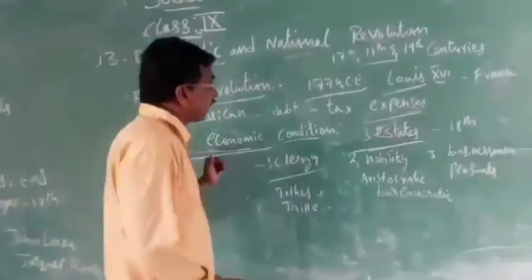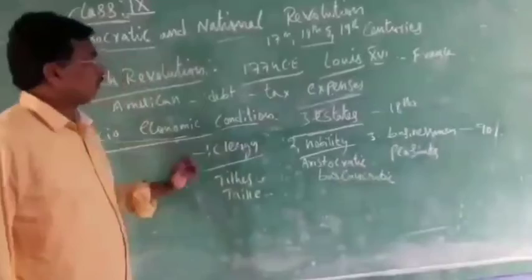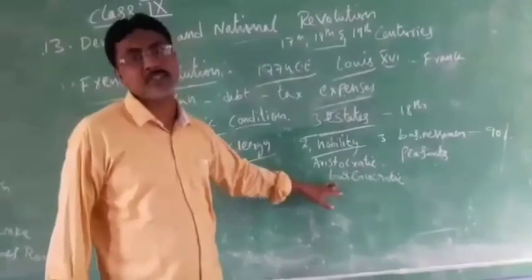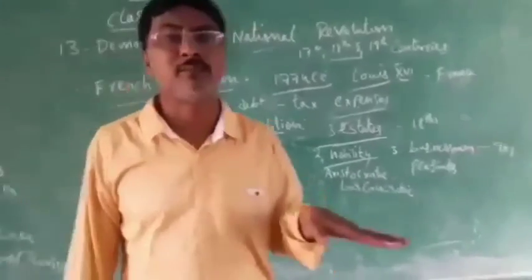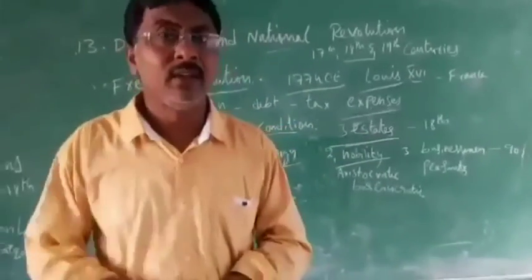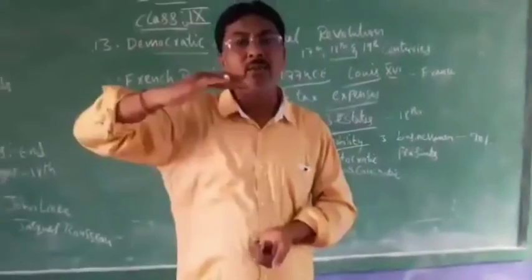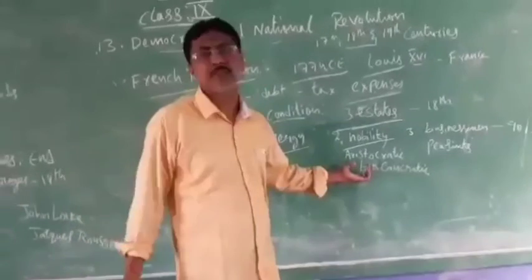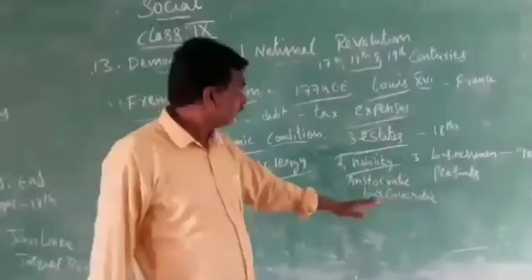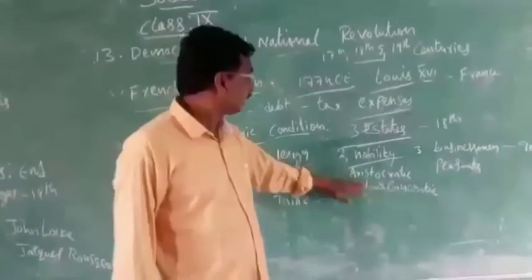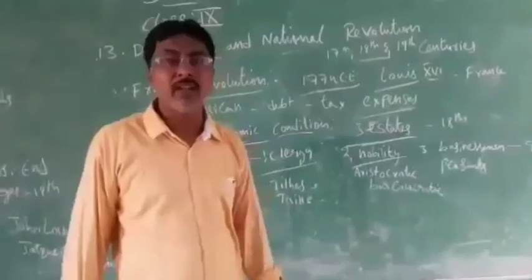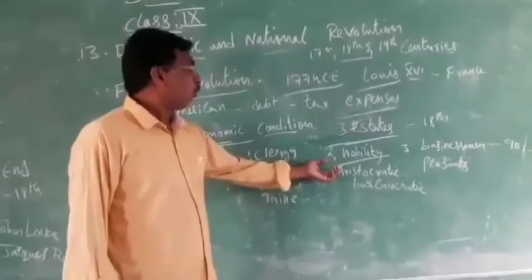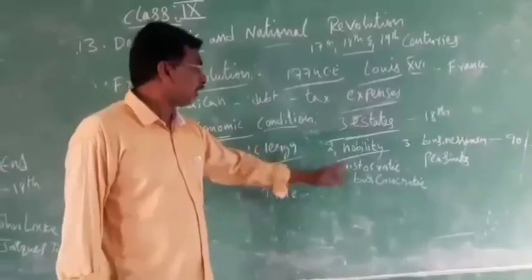And the second one is nobility. Who will come in this nobility? Aristocrats and bureaucrats, those who rule France. The King will be on the top, but second, some aristocrats will be there, meaning they will rule some kingdoms. And bureaucrats and diplomats will look after the ruling. These aristocrats and bureaucrats are called nobility, and they come in the second estate.